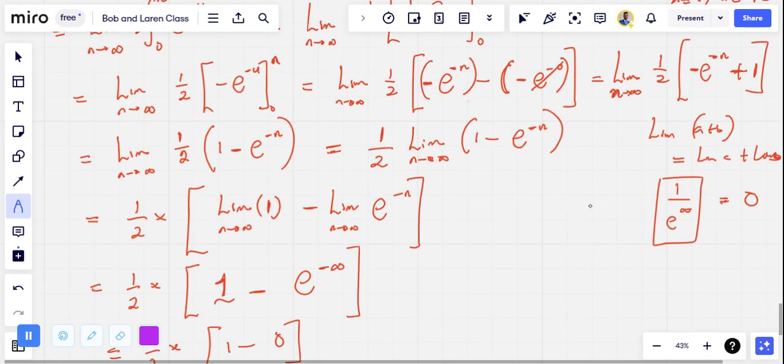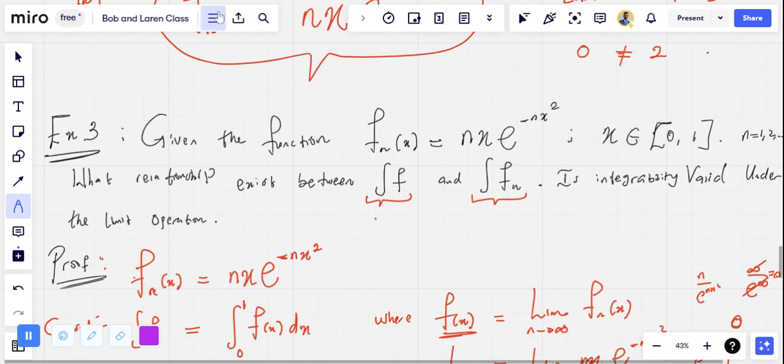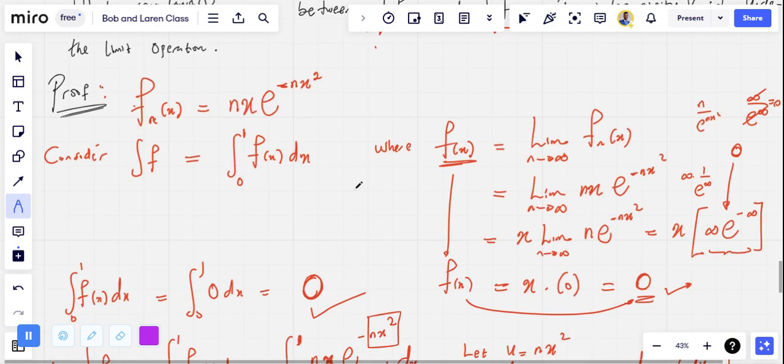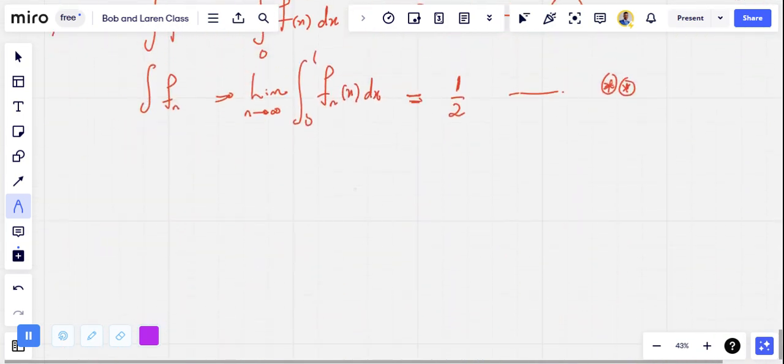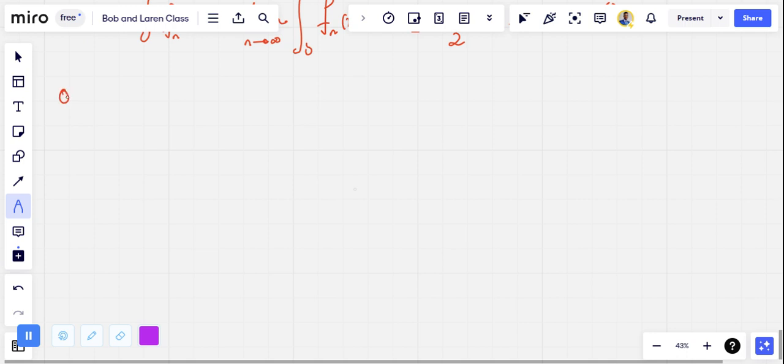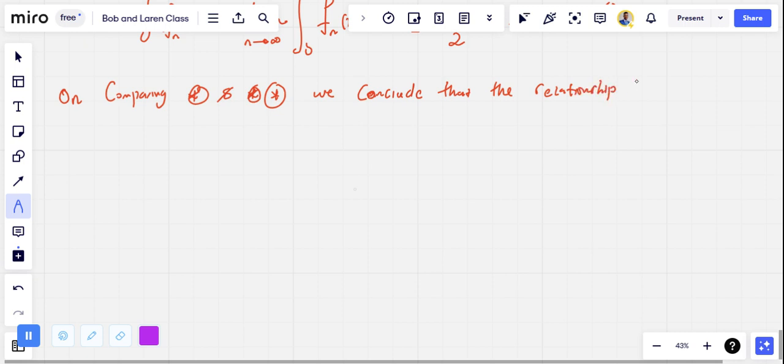So now the question says that we should state the relationship that exists between them. That means they are not equal. That's the relationship that exists between them. So on comparing star and star star, we conclude that the relationship that exists between them, let me write it this way, the relationship that